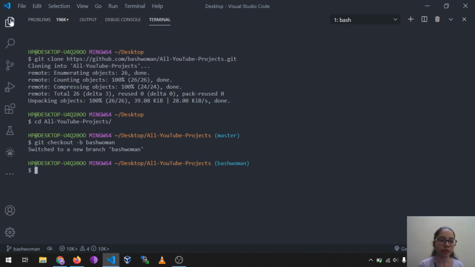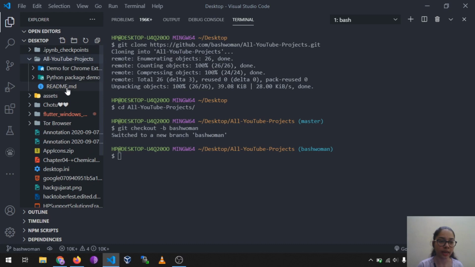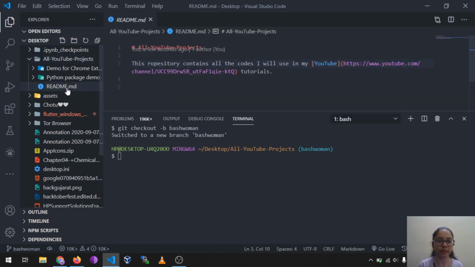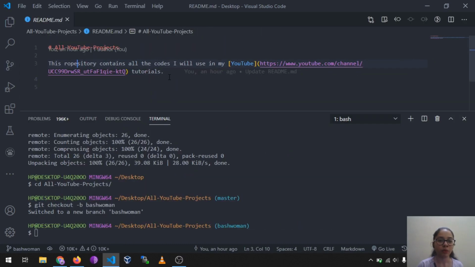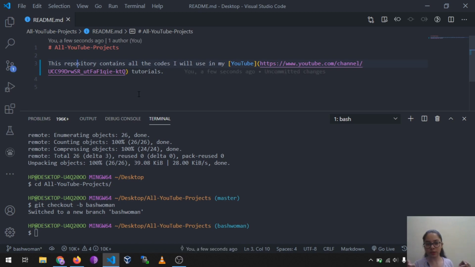So the next step is changing the typo. Okay, so we are now correcting the typo here. We will go to this, and we know the typo is in the readme file. We will just correct the spelling. That was repository, not the misspelling. Okay, so it was my plan anyway. So now that I have corrected it and it's saved,